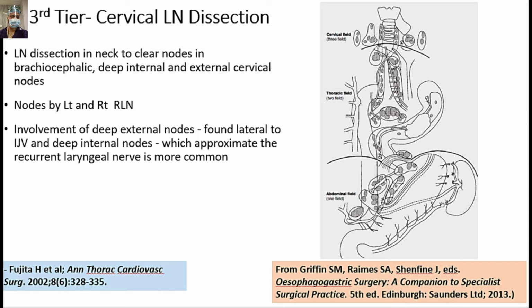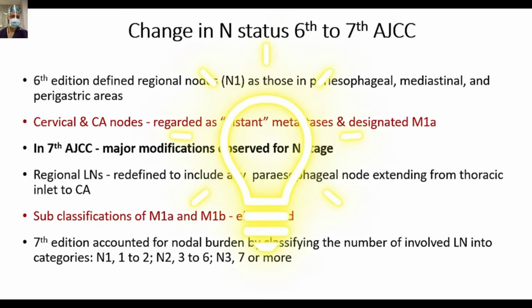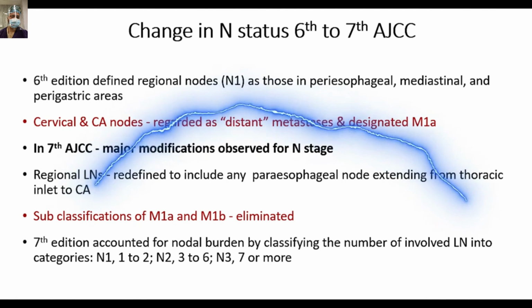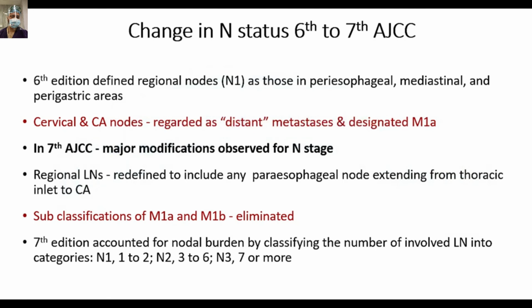So there is a major change in the lymph node status from the 6th to the 7th AJCC classification. In the 6th edition, regional lymph nodes N1 were defined as those in the periesophageal, mediastinal and perigastric areas. Cervical and celiac axis nodes were regarded as distant metastasis and designated as M1a status. That is a very important thing to remember, that cervical and celiac axis lymph nodes were considered as a metastatic